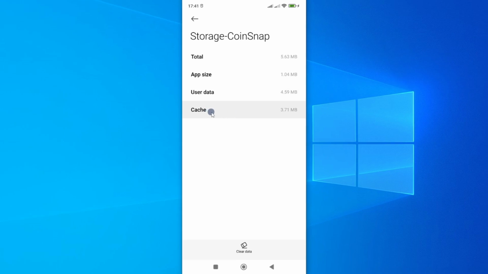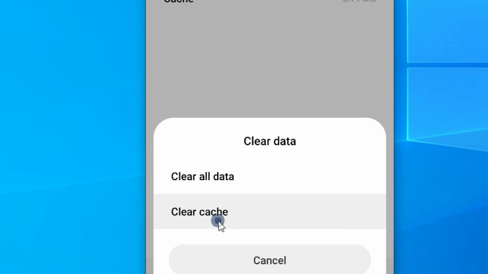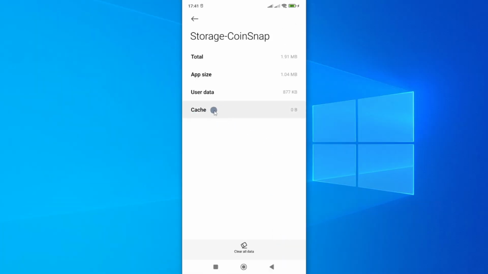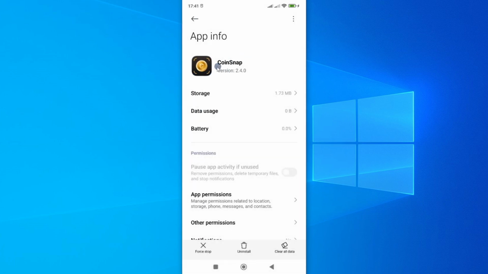So when you talk of cache data, these are just small files that your app normally collects and stores to enhance user experience. But the problem is accumulation of these files might cause your app to malfunction. So to clear this, go ahead and tap on Clear Data and then choose the second option, Clear Cache, and OK. Now you can see cache files have been cleared. From this, go ahead and restart your smartphone and then open your app, and this should have fixed any challenges that you are experiencing. However, should this not fix your problems, then head to the next method, and that is